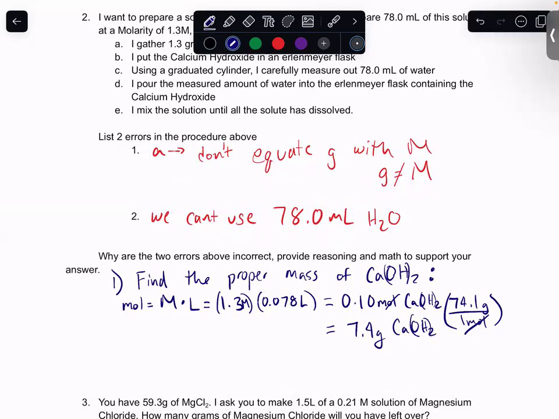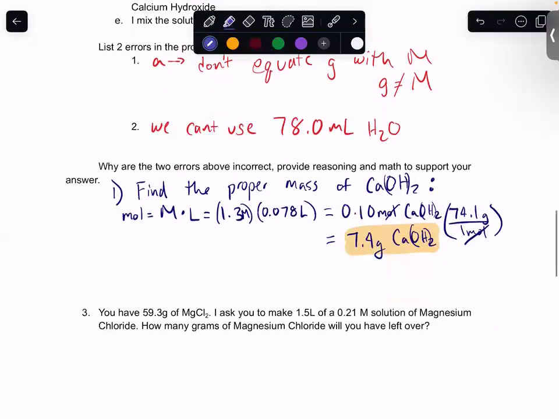So number one is wrong because instead of 1.3 moles, we need instead of 1.3 grams, we need 7.4 grams. Number two, we actually kind of have to explain this. For number two, we have to explain that